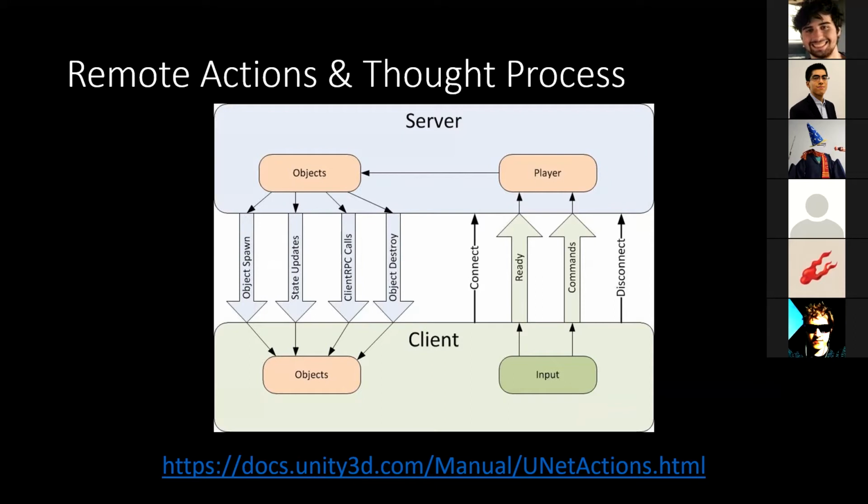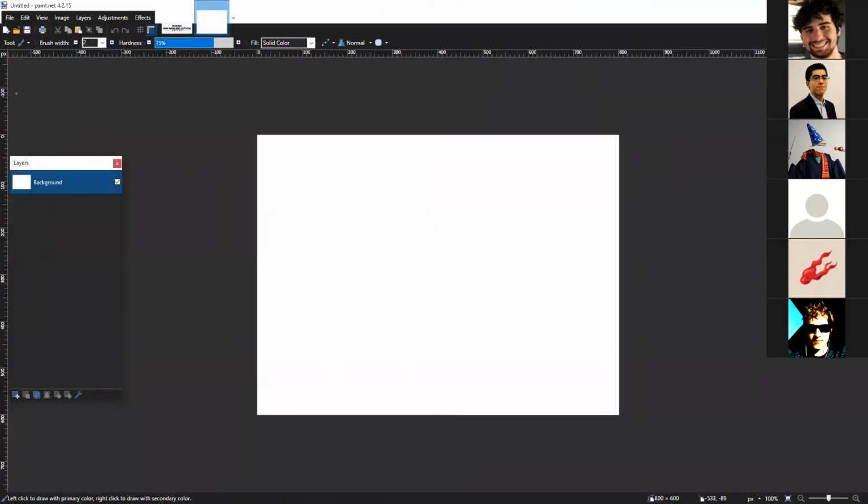Actually, I want to draw my own diagram for this because it'll make more sense that way. So I've got paint.net here. Let's say you have a game instance here. All right, here we go. This is me, this is the client.